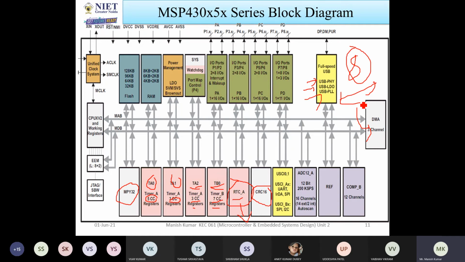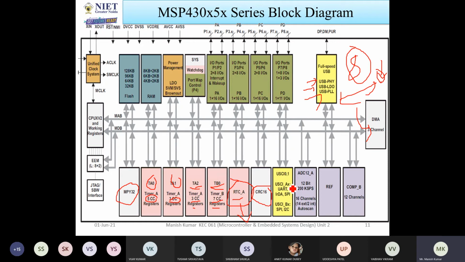For that purpose, the CRC16 module will be used. Whenever you want to send the data, after the data you can add a signature, so that if this signature reaches the destination, then you can understand the whole data has been received by the receiver.